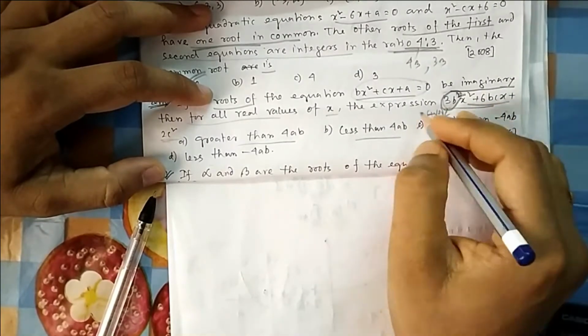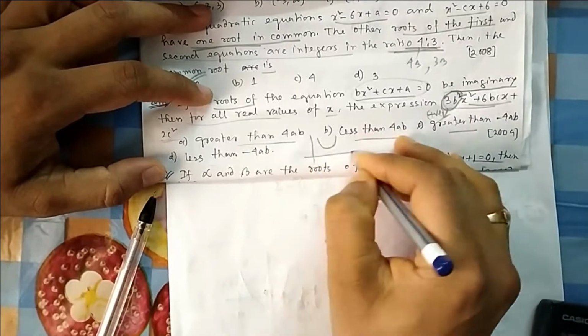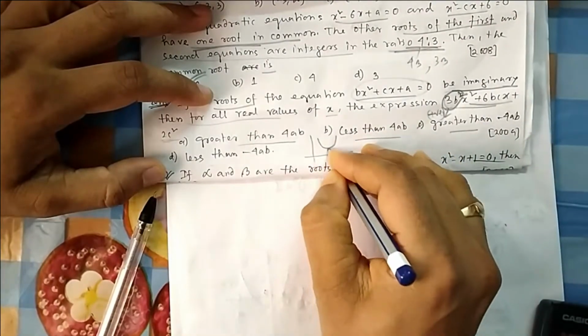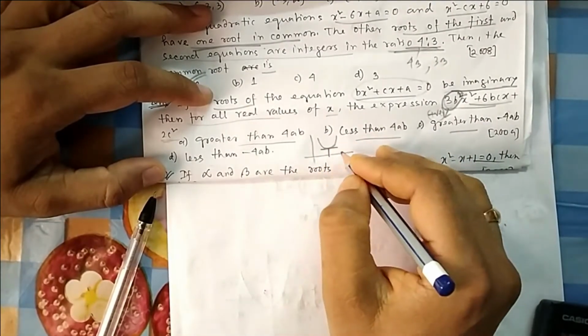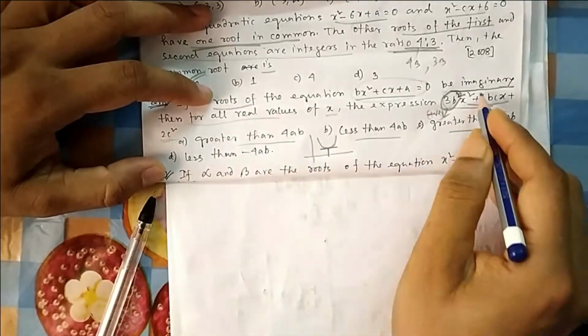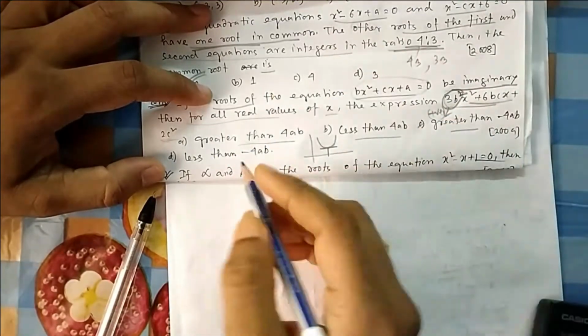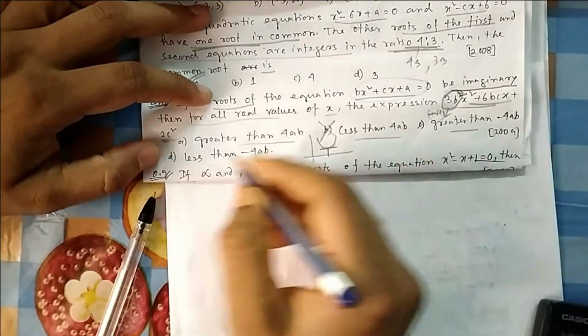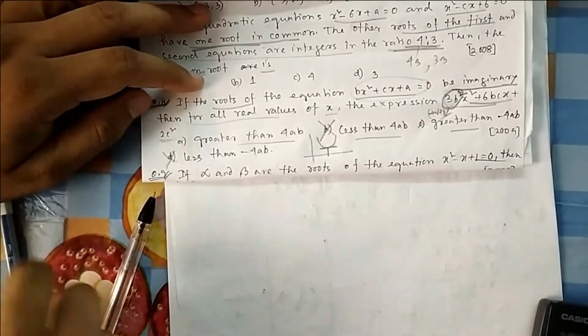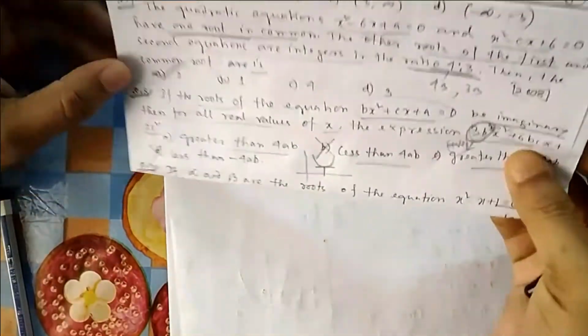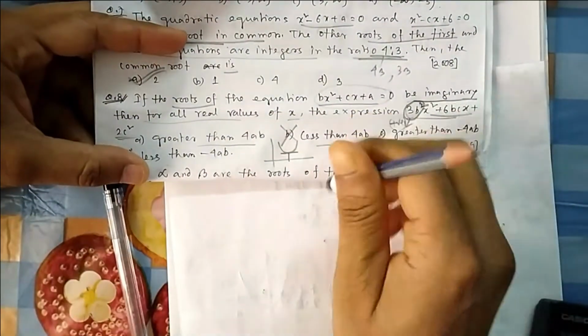So if your a is positive, that means it is a smiling parabola. Because it is a smiling parabola, you will always have a minimum value. So this expression will always be greater than some minimum value. So less than will obviously be gone. These options and these options are obviously gone. So you are left with a and b, c only. So let us try to find which one is the minimum value. I don't know. So what is the given condition? This is the given line. The line they have given is here.